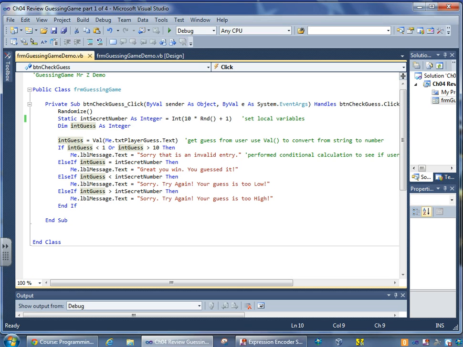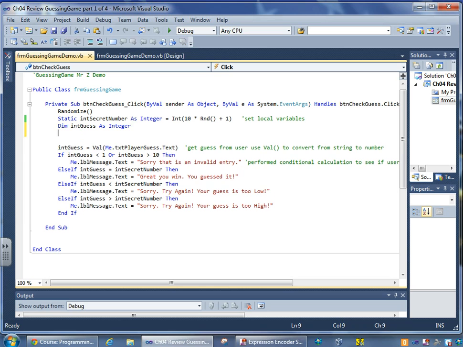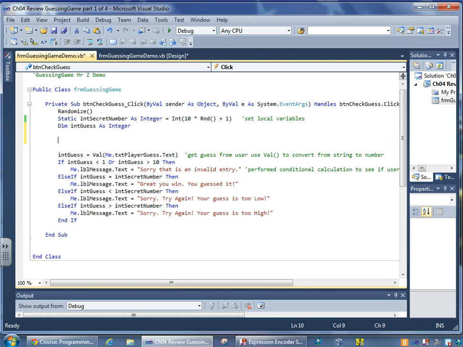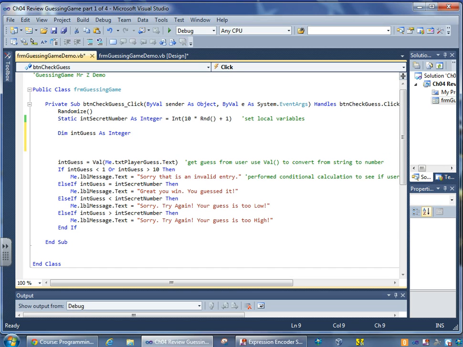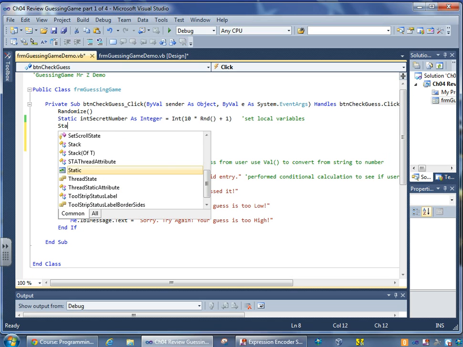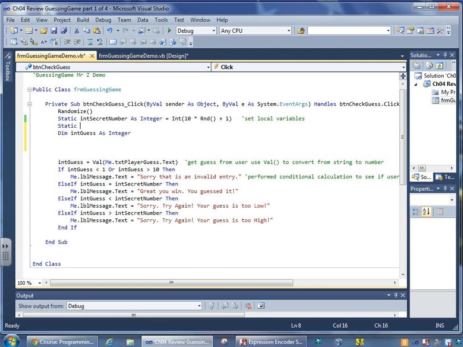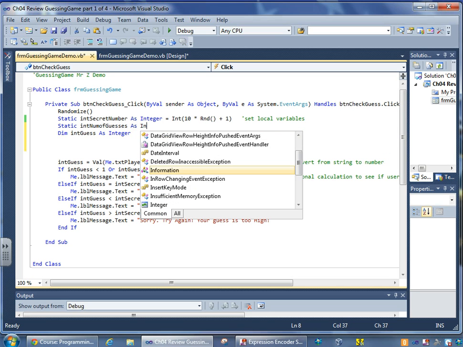Now, another time that we want to use static variables is, let's say we want to have a counter in here. I want to keep track of how many guesses it takes for the user to get this right. So I could say static int number of guesses as integer,